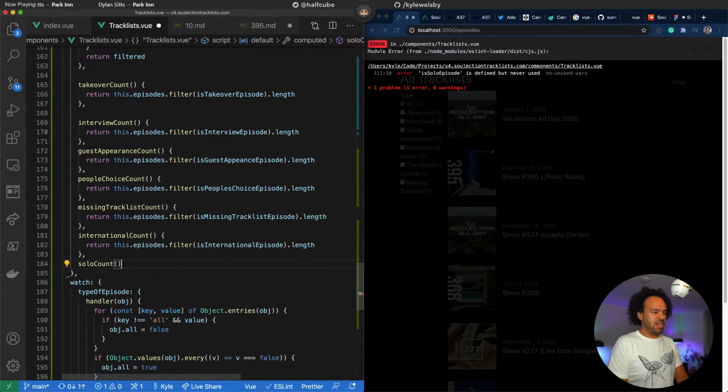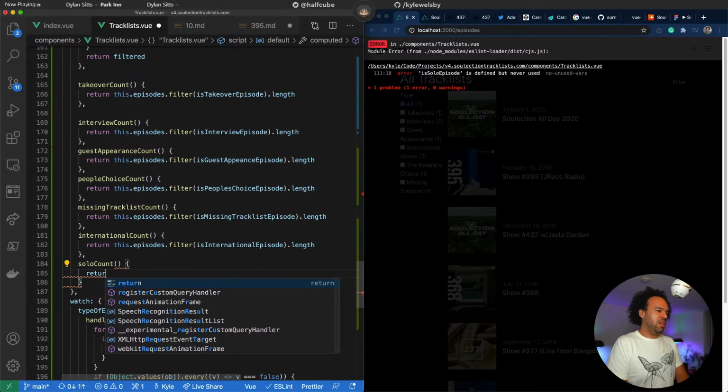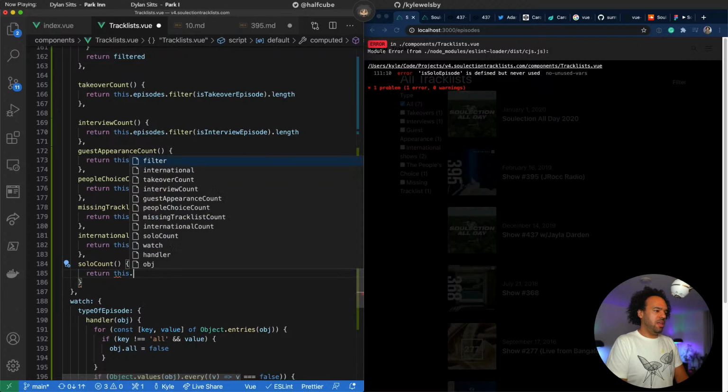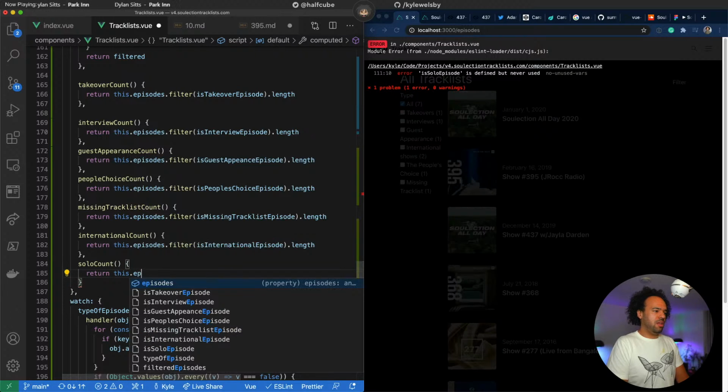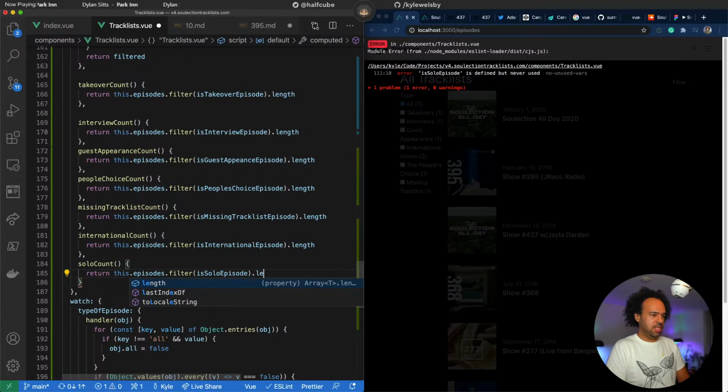Solo count. I've got these names all over the place. I'll probably go over it again and fix up those names when I separate this functionality out into a higher level domain. It feels like it needs separating out soon.